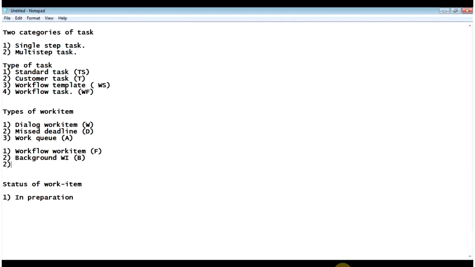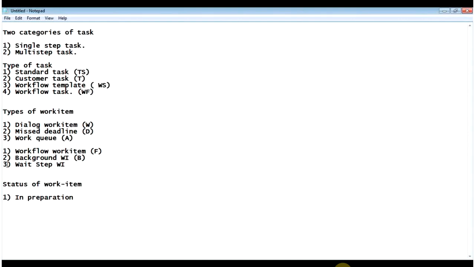This is the dialog work item, and it is represented by W. You have to remember the abbreviation, because when you debug the workflow, you will provide W directly. If you want to see only the dialog work items, you give the type of the work item as W, and all the work items in dialog state will get displayed in the log.